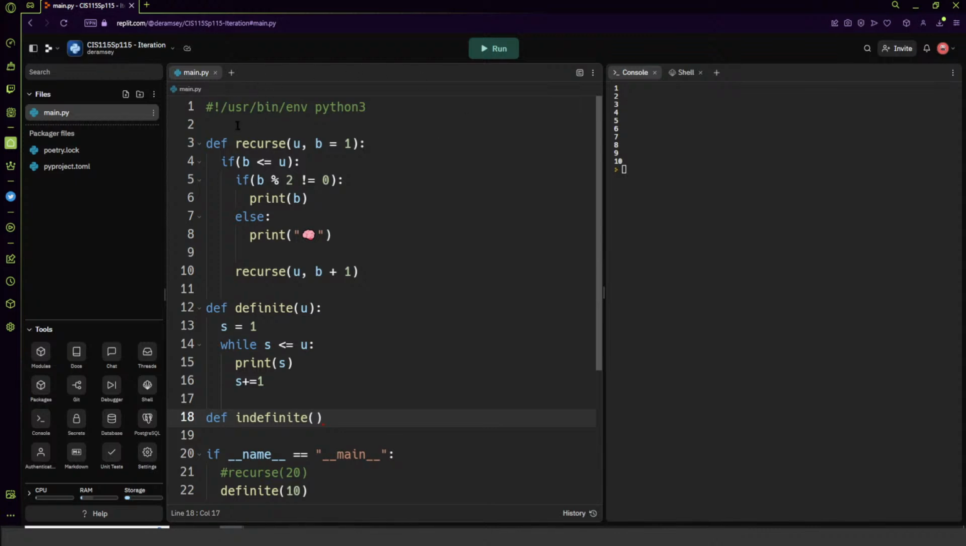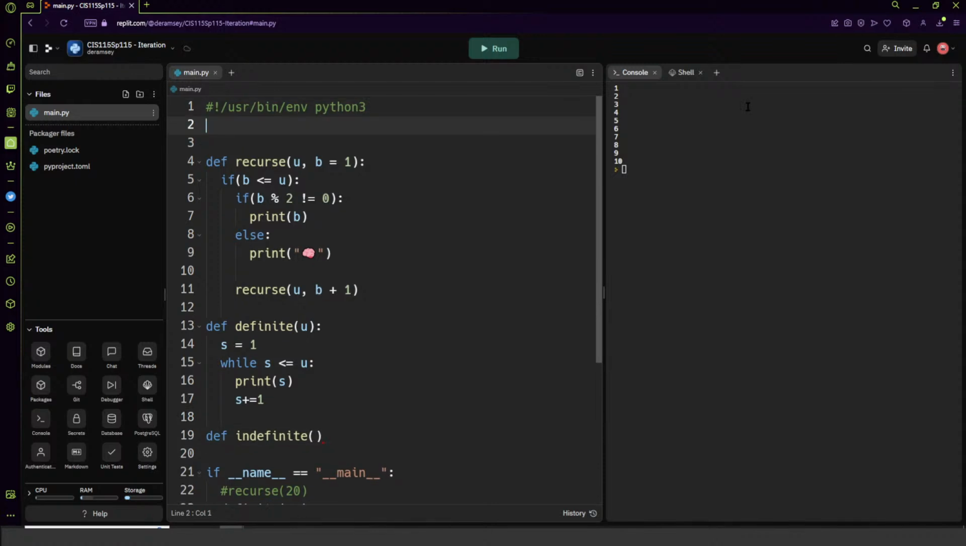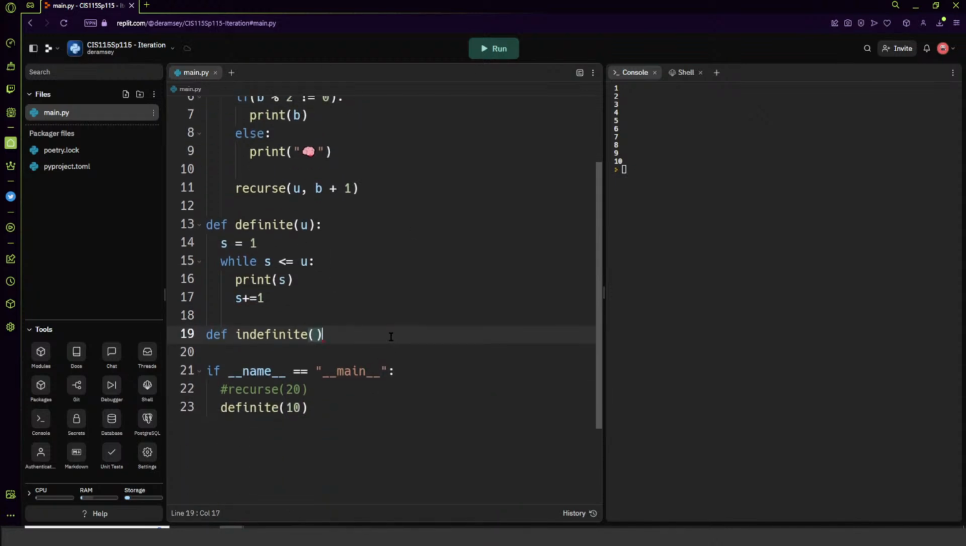So I'm going to import the random library, import random. And we'll even import it with an alias. We talked about this when we talked about the math library: we can add an alias and that can truncate things down. So import random as r. So in my indefinite function here,